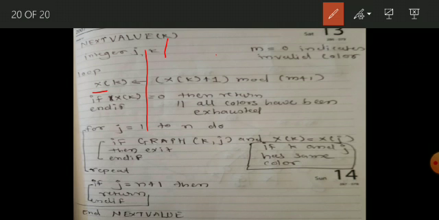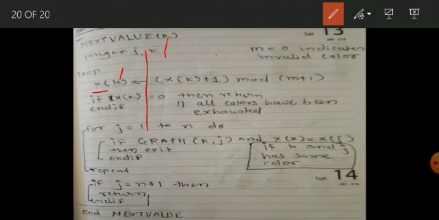Here also loop repeat is written. This loop repeat is used to generate all the possible solutions. Now here we are generating the valid color for x of k, and consider k as 1. So x of 1 will be generated with the help of this formula x of k plus 1.